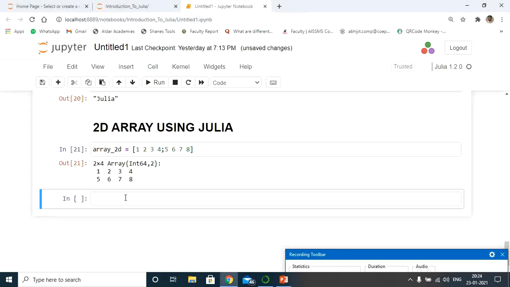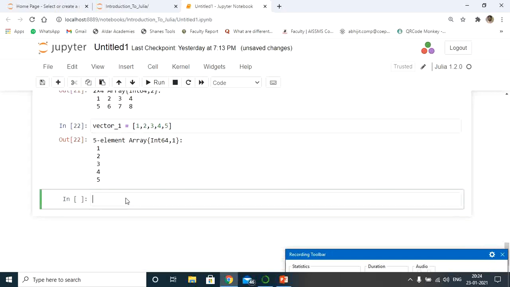In the same way, let's try vectors also. Let's see whether it is possible to process vector data using the Julia programming language. I'll create a variable like vector of 1 and store some elements in vector format, which has both direction and magnitude. Let's say 1 comma 2 comma 3 comma 4 comma 5. Let's see how it stores the values in Julia. Have a look at this. It is of array type. There are 5 elements, 1 2 3 4 5. Okay, it is also possible.